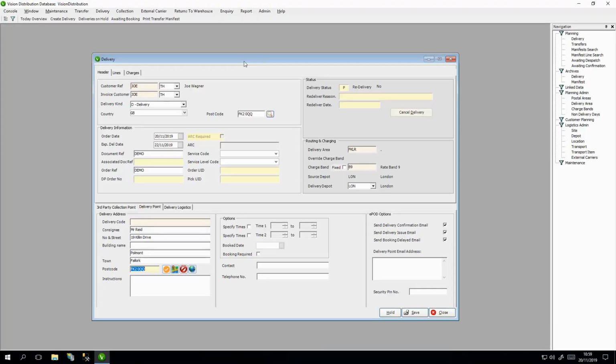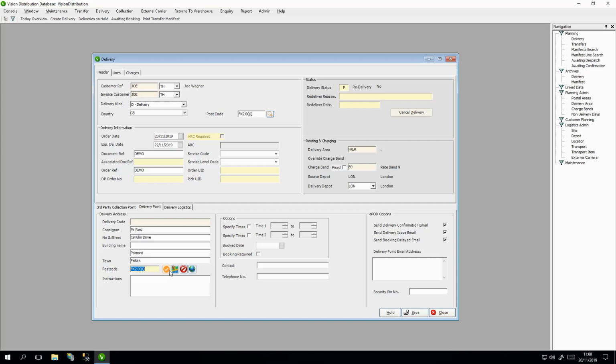Let's start with the delivery screen. I've already entered some information here, but not yet saved the delivery. The first button by the delivery address is an amber tick. This means that we've not yet retrieved the coordinates. All of the mapping features demonstrated so far rely on the latitude and longitude of the delivery and/or pickup address